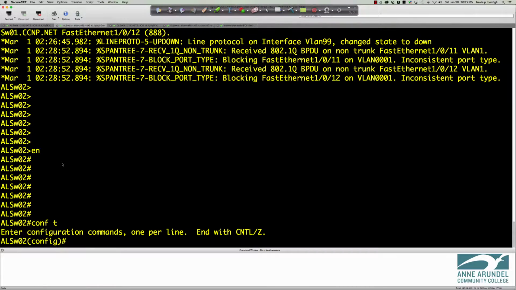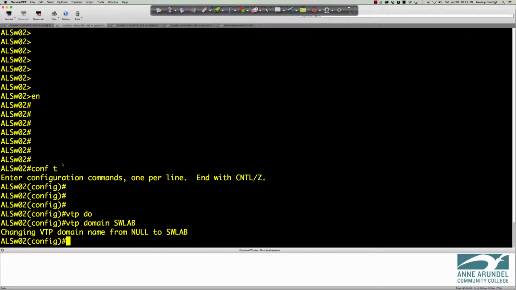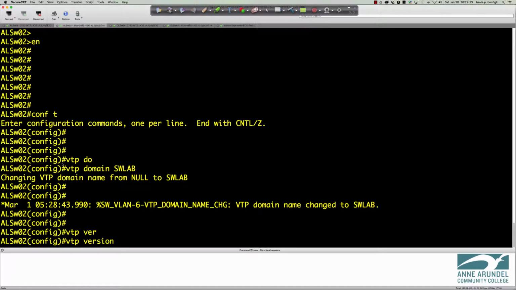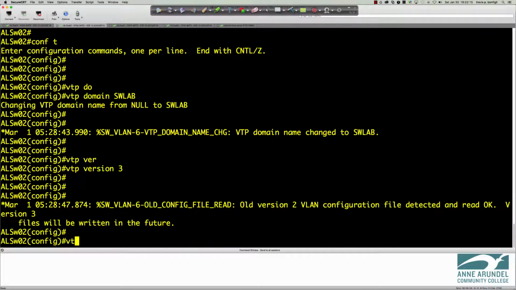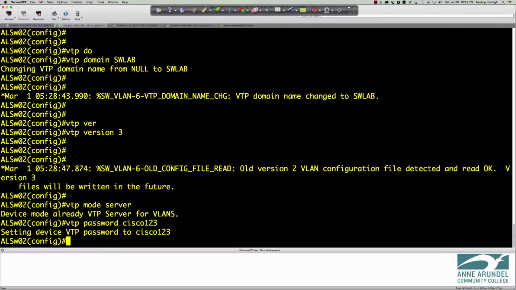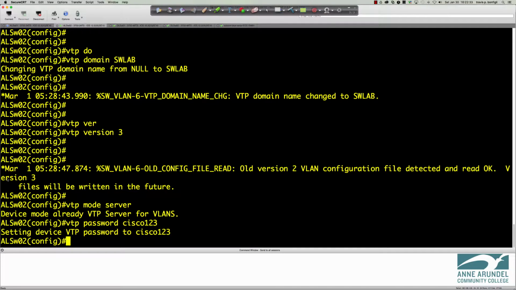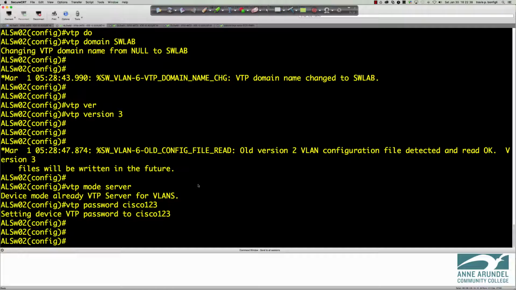So let's jump on to ALSW02, and we'll go into global config mode here. We'll say VTP domain SW lab, and then we're going to say VTP version 3, because we're going to use version 3 here on the switch, VTP mode server, and then VTP password Cisco123. All right, so you'll notice we keep seeing this message here, detected old version 2 VLAN configuration file, but now it's going to be version 3 going forward. And so that takes care of the other access layer switch,